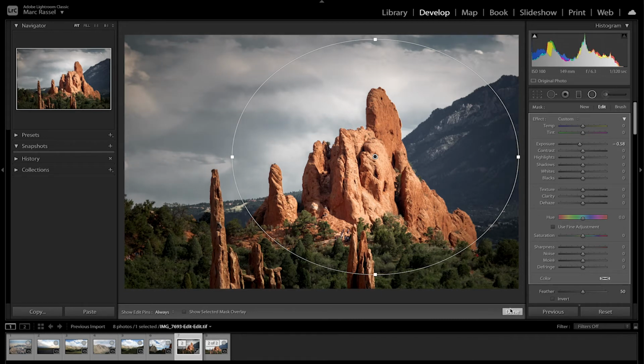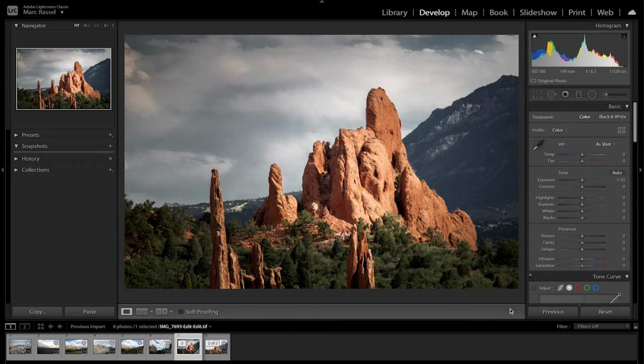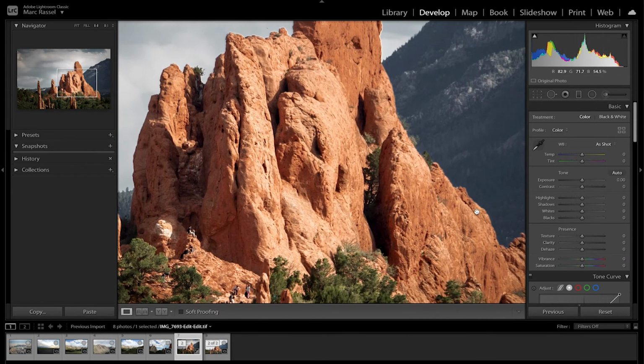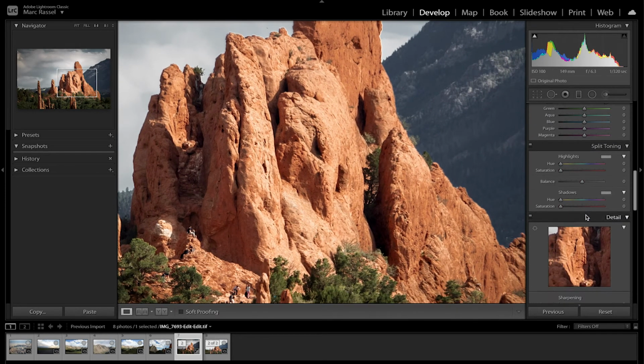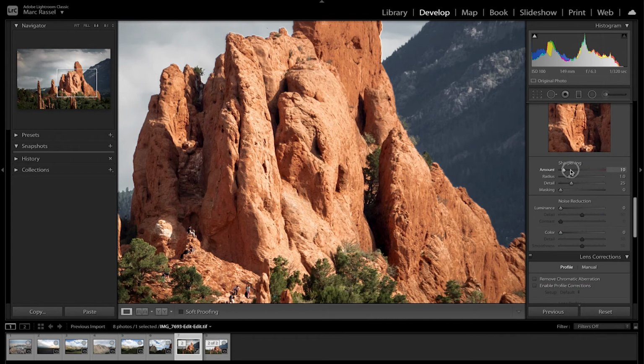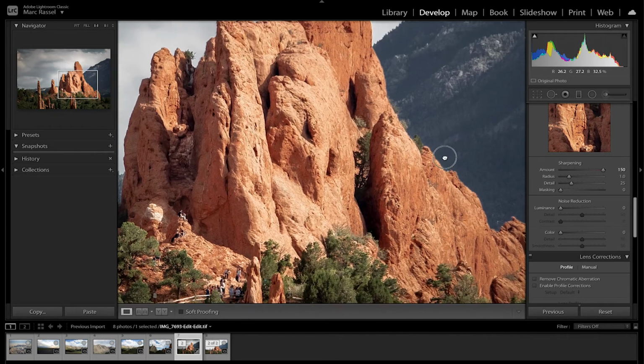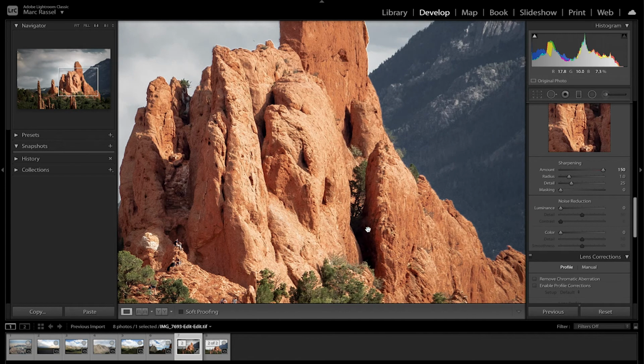And then lastly, I want to even further accentuate the textures in these rocks. So I could just globally apply some sharpening to this image, and you'll start to see if I do that, I mean, if I take it way too far, the rocks themselves start to look a little bit more like how I want it, but it also introduces a lot more noise in areas where I don't. So I'm gonna put that back to where it was, and instead use a new brush tool